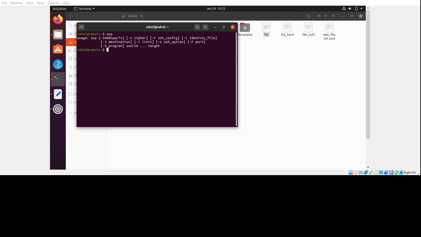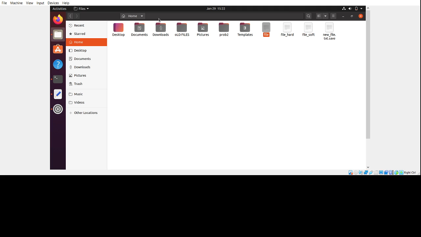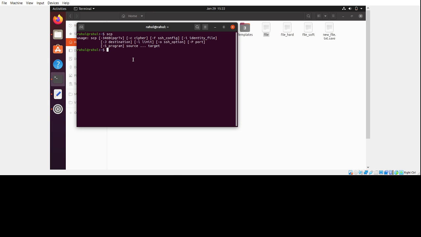Now I will explain the scp command. The scp command is a command line utility that allows you to securely copy files and directories between two locations: from your local system to a remote system, from a remote system to your local system, and between two remote systems from your local system. So now enter here their documents, and their IP address is not found in this.